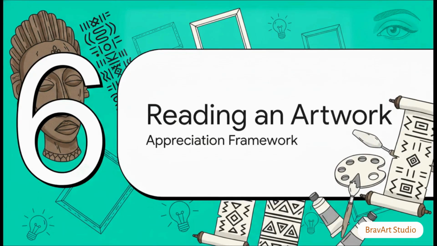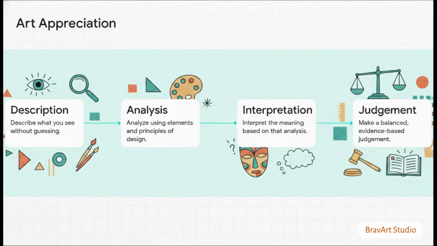Finally, we've made it to Section 6, How to Read an Artwork. This is your ultimate art appreciation framework. Okay, this is your cognitive toolkit right here. Memorize these 4 steps. Whenever you encounter an artwork, Step 1, describe exactly what you see without guessing. Step 2, analyze it using those elements and principles of design we talked about earlier. Step 3, interpret the meaning. And Step 4, make a balanced, evidence-based judgment. This totally stops you from just shrugging and saying, I kind of like it, and empowers you to confidently explain